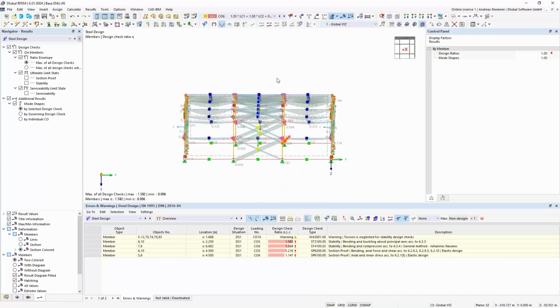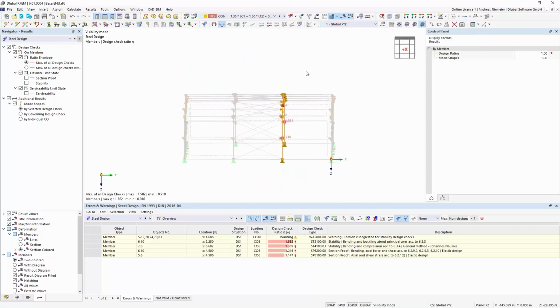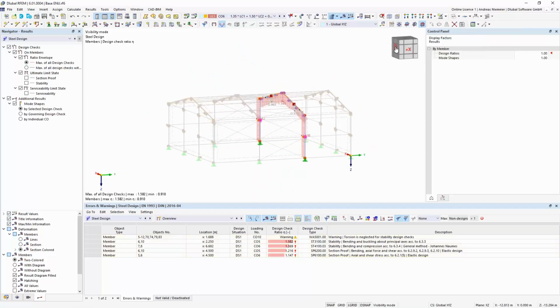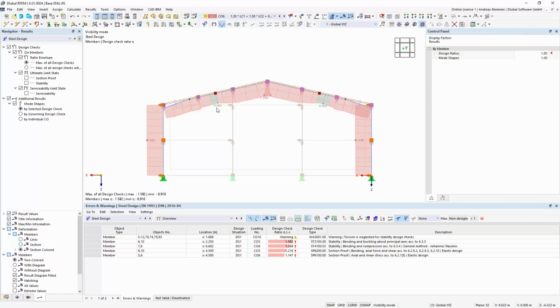So let's go into detail, select one beam and take a look at what is not fine here. You see some gaps are okay from utilization, but not everything. The design add-on gives you here an overview table of all options. It says maybe you have overutilization for stability and for section proof.